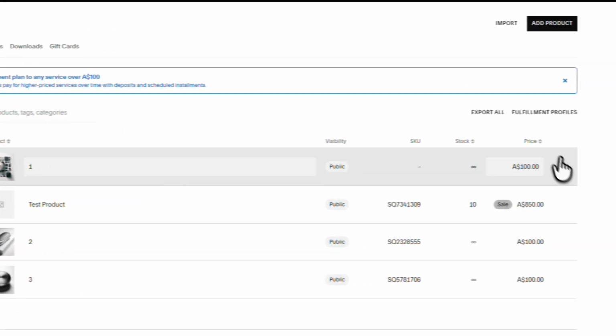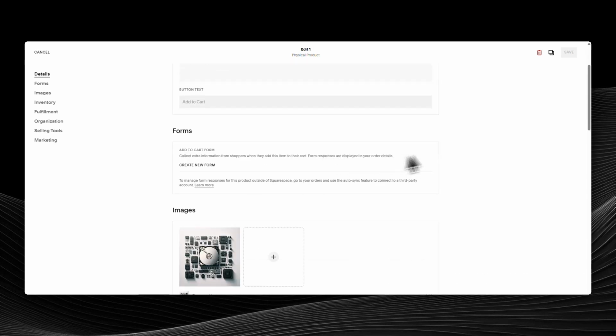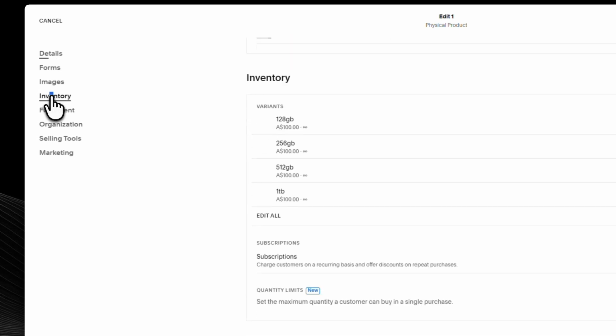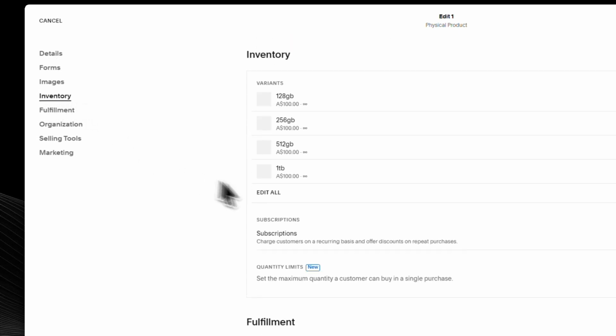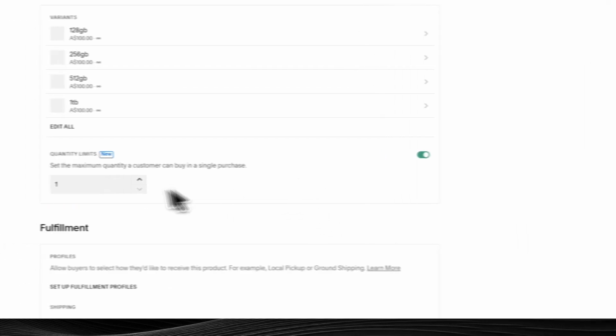If you want to open the full product settings instead, click the three-dot icon on the product. That will give you more options for editing. After that, choose to edit the product, then go to the inventory section. In this area, you can change the stock level for that item. Enter the updated quantity you want Squarespace to track, and make sure the number reflects what you actually have available